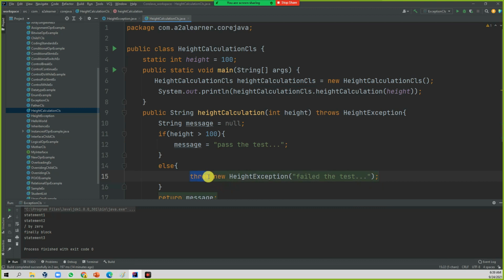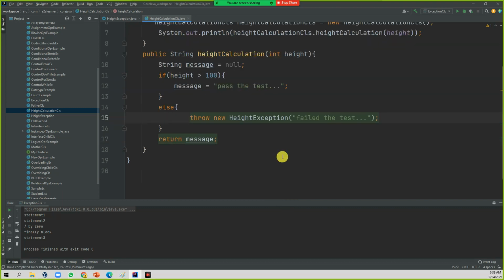In this scenario you are handing over to the JVM. So JVM, I'm giving my own exception, so you have to print this one on the console. Likewise you are telling the JVM here. Now the throws scenario is not required when you use this; either one you can use.